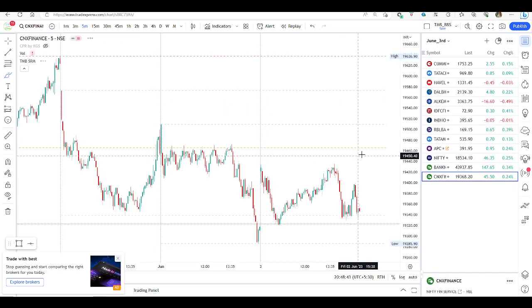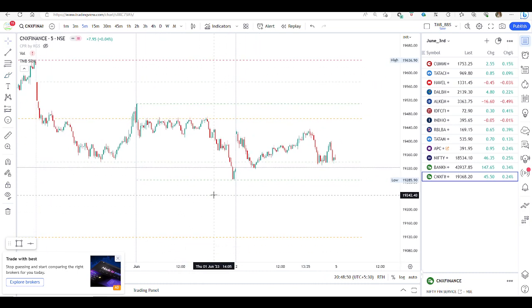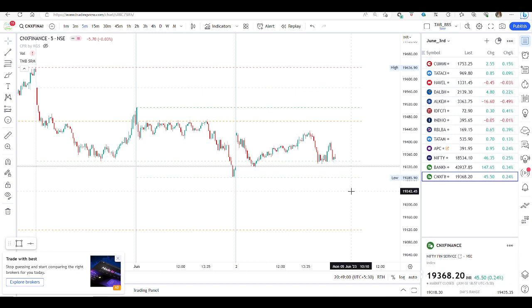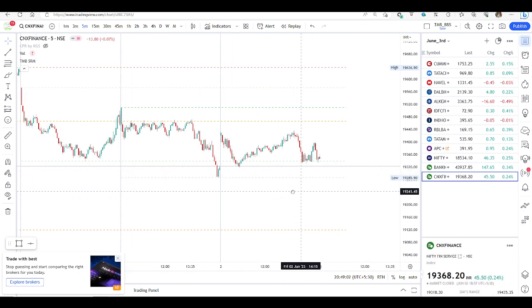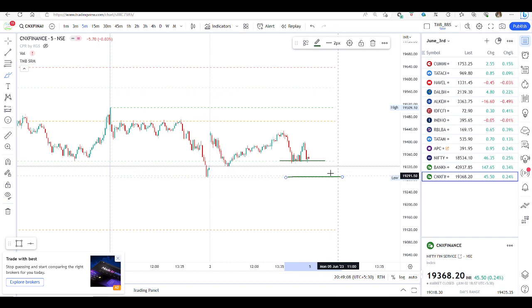Finnifty, I would love to trade because Tuesday is the expiry. On Monday if we trade Finnifty, decay will be more. Since I am an option seller, I may get 5 to 10 points extra compared to Nifty if I get the correct opportunity. What I am thinking is Finnifty is weaker than Banknifty. It may go a little down.